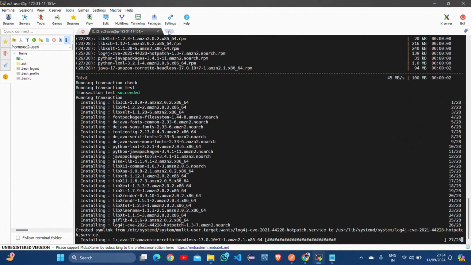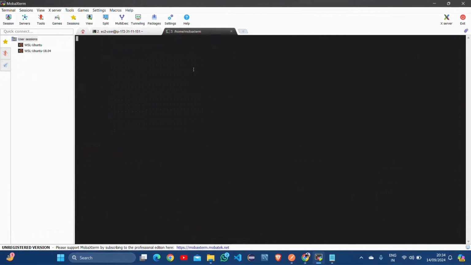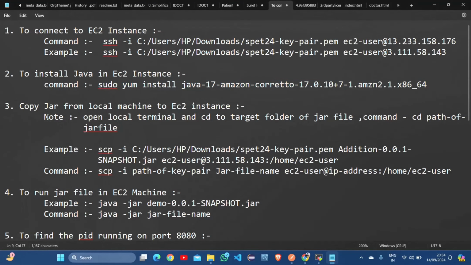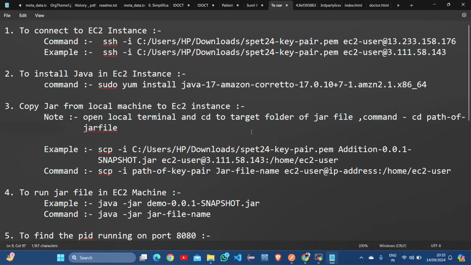I will start a new local terminal. This is our EC2 instance. This terminal is the one where we are accessing the EC2 instance. Now I am starting a local terminal because I want to copy. See, and now see what I have written here. Note, I am going to open a new terminal and go inside the target folder of our jar